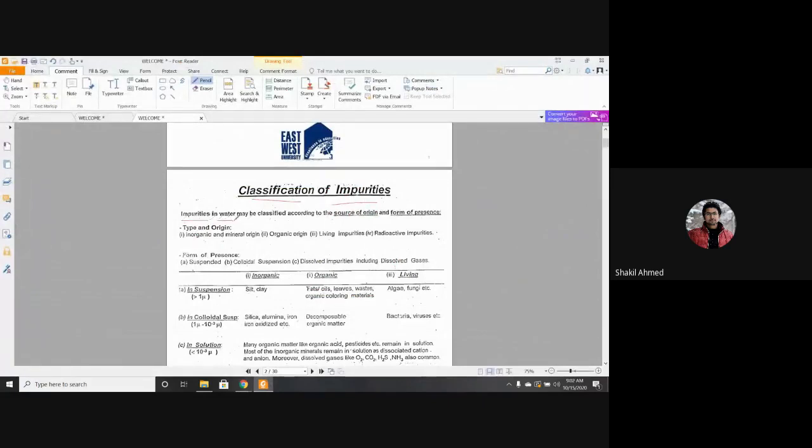So impurities in water may be classified according to the sources of origin and form of presence. How can you classify it? First of all, you can classify it by the sources of origin. Also, you can classify it based on the form of presence. So, starting from the sources of origin,